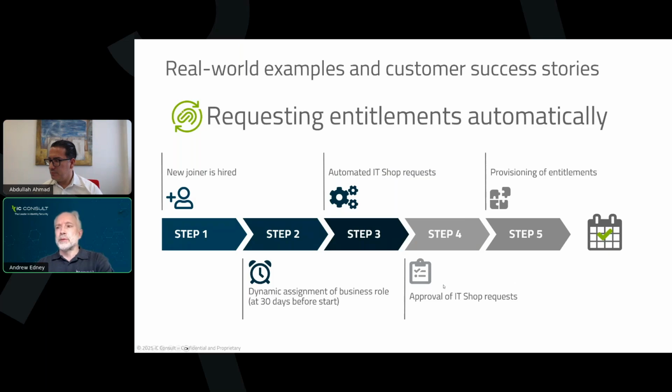So if you have some of the optional bits, the manager can look at it and go, actually, this person doesn't need that. The system also will allow target system owners to look at it and then question why somebody needs things. So it follows all the best practices you have for day-to-day operations, but without the complication of people having to know, oh, I've got a new starter coming, I better go and place the orders for them. So it takes the workload off the manager. They just have to look at the list, decide which things are appropriate, and push that through.